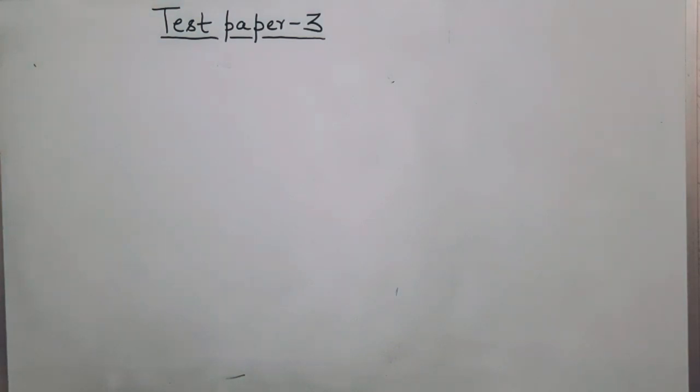After completing this chapter, I am going to start the revision from chapter 1. So question number 7 I have to solve. Firstly, I will read the question for you. How many pieces of plywood, each 0.45 centimeter thick, are required to make a pile 2.43 meter high? Now what we have to do?